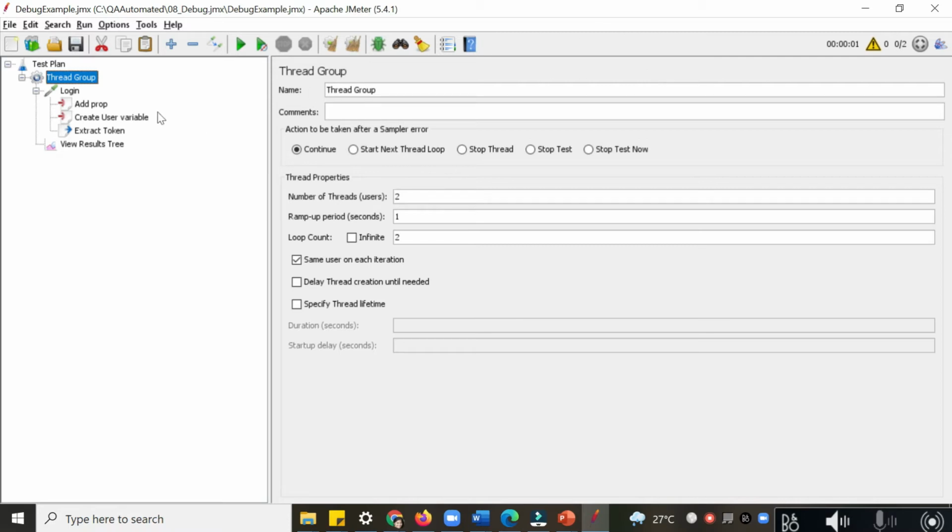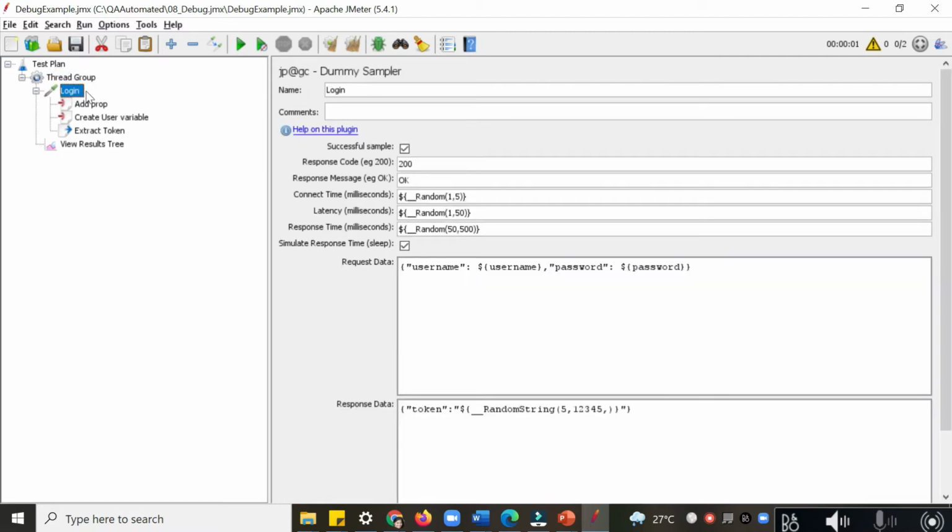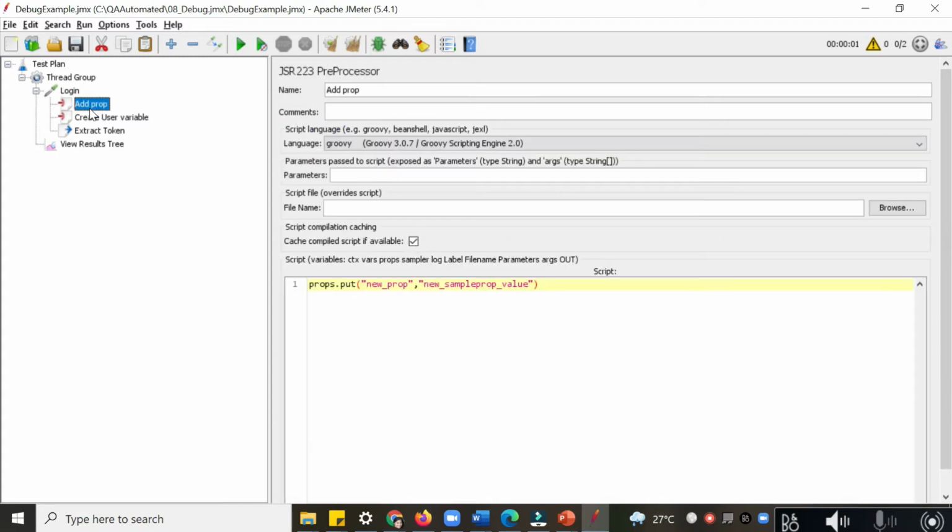So let us start with a sample script where I have added a dummy sampler, where we are doing the login activity. We are passing username and password, and in return we are getting a token in our response. Here we are adding some properties as a preprocessor.